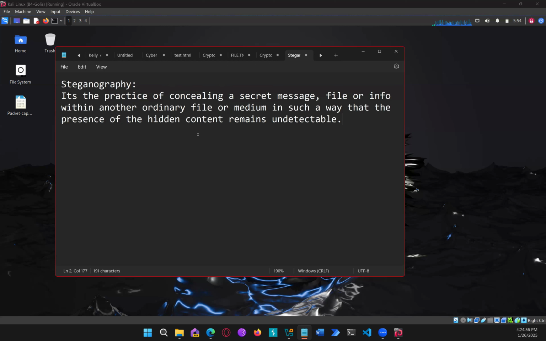Unlike cryptography, which focuses on encrypting messages to make them unreadable, steganography hides the existence of the message itself. Now you must be thinking, how is that possible? And in cryptography, we have a concept of decryption also, where we reverse it. In steganography, we have a similar kind of thing. See, the invisibility can be understood that the hidden content does not alter the appearance or the behavior of